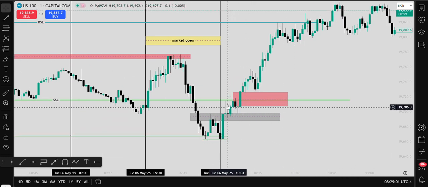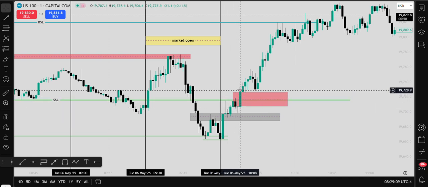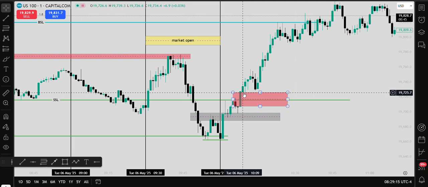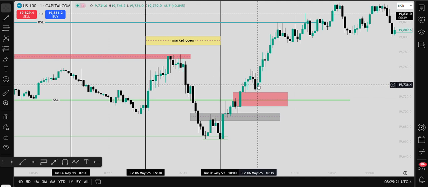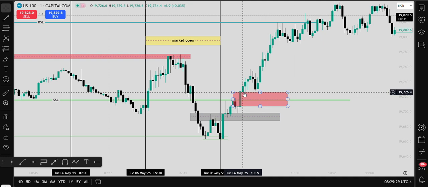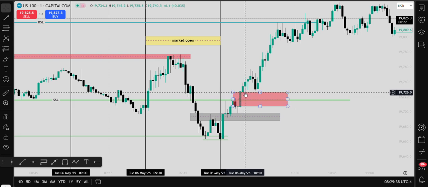If I can zoom in, you can see that this was an intermediate high right here, just a small high taken out by this up close candle, retested once, twice, then the market went higher, retraced a little bit, but it had already given you an area where you could have entered. If you would have entered right at the open of the first candlestick after this, the one that had closed above, then you would still risk